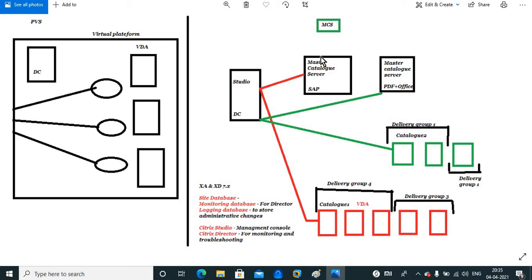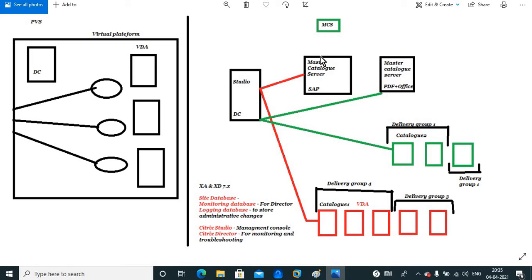To create a master image, once we start the installation of XenApp and XenDesktop, at that time it gives a window. First window to install XenApp, then second option is XenApp or XenDesktop.